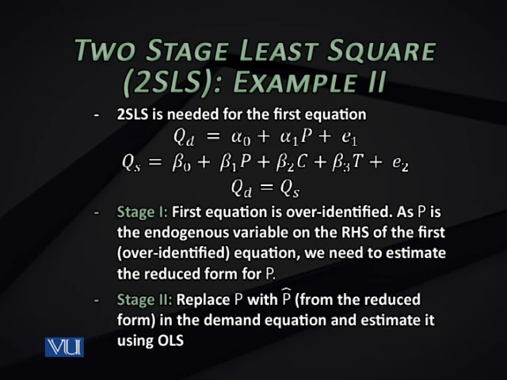Now in stage 2, you will come back to the quantity demanded, alpha naught plus alpha 1 P plus e1, and you will replace P with P hat in the equation. You will estimate quantity demanded equal to an intercept plus a slope into P hat instead of P, plus an error term. This will complete the second stage and give you good estimates for alpha naught and alpha 1, provided there are some tests of endogeneity that we need to do. However, you will get two-stage least squares estimates of alpha naught and alpha 1 by applying these two sets of procedures.